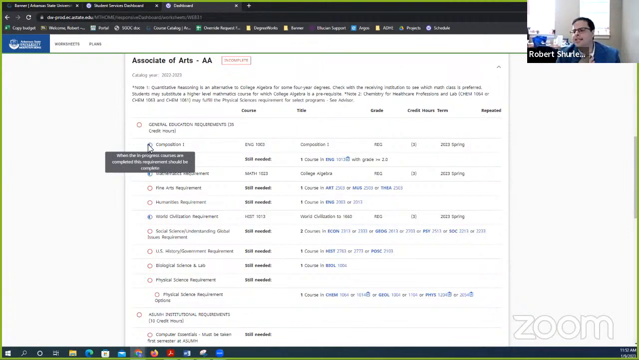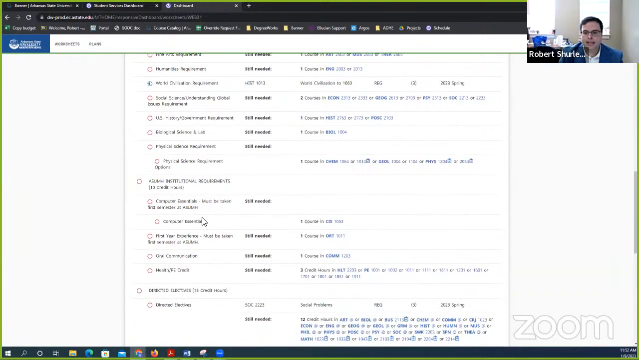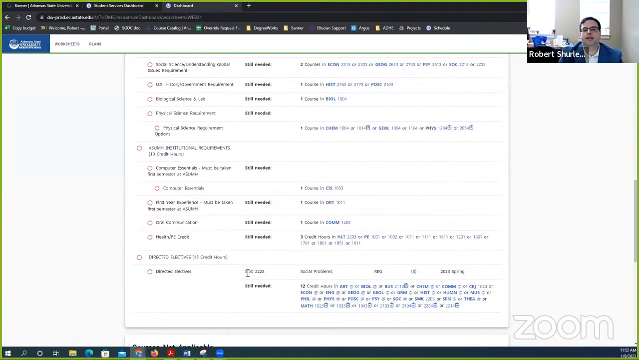Now, today's date's January 9th. The spring semester hasn't started, so Trail's registered for these classes for the spring 2023 semester. Trail's registered for Comp 1, which counts as the English credit, the first English credit. College Algebra will count for the math requirement. World Civ will count for the World Civ requirement. And then I believe he also is enrolled in social problems, which will count for one of the 15 credit